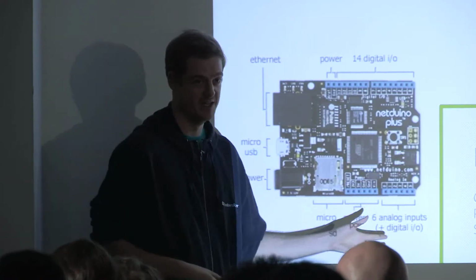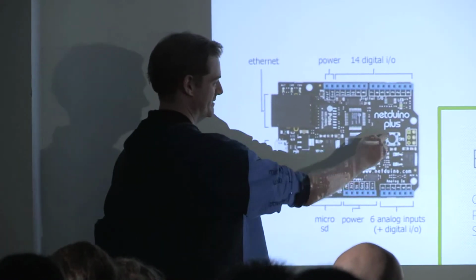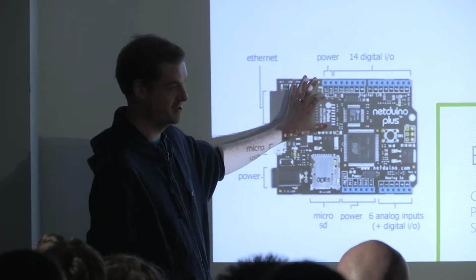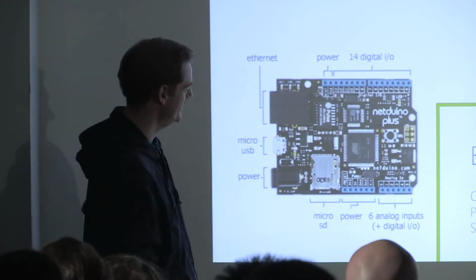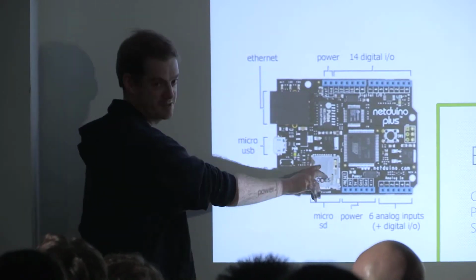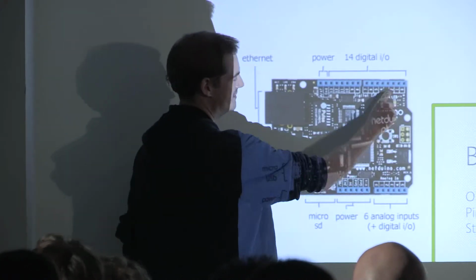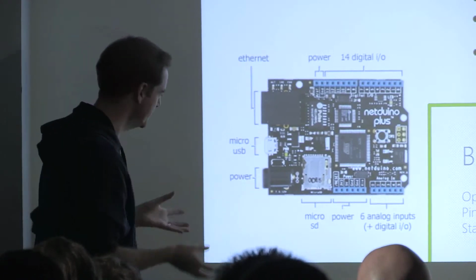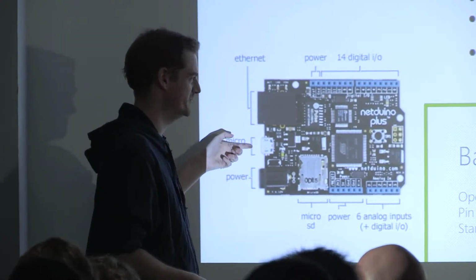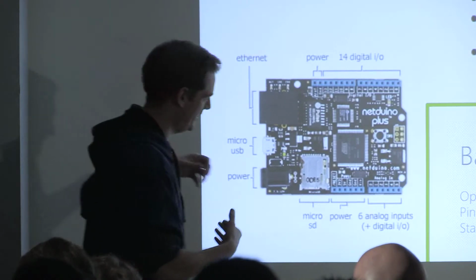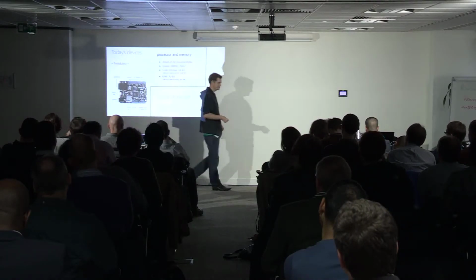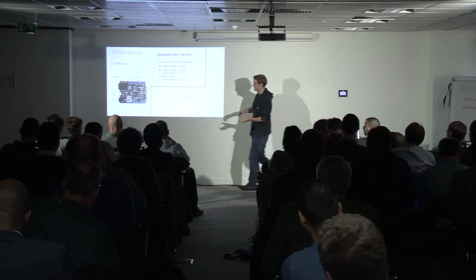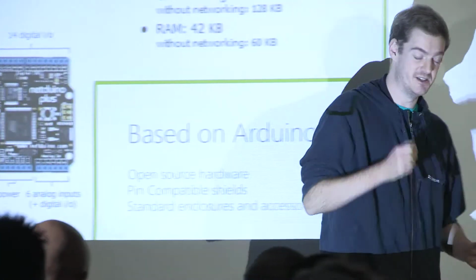Everything else around here is for humans. So this is a button. This is an Ethernet integrated chip. That's the Ethernet port. There's a micro SD slot in here. These allow you to communicate to external devices by plugging in basically wires. This is a power jack, and there's a micro USB jack. And a lot of this stuff, basically, you wouldn't have in a production system. You wouldn't design it to be this large. You would have something which was just the size of this chip here, literally the size of your thumbnail.